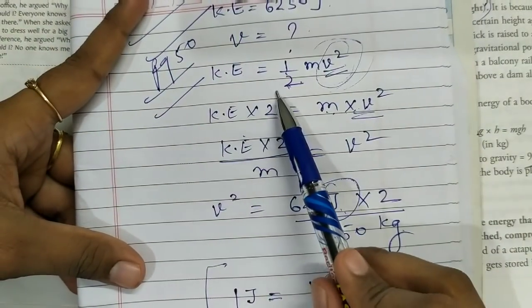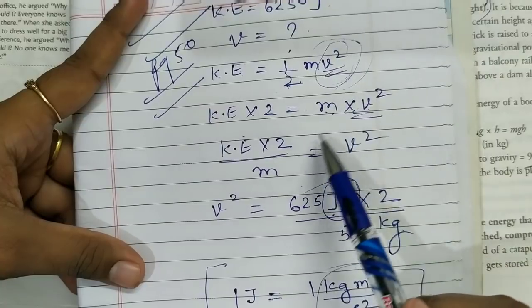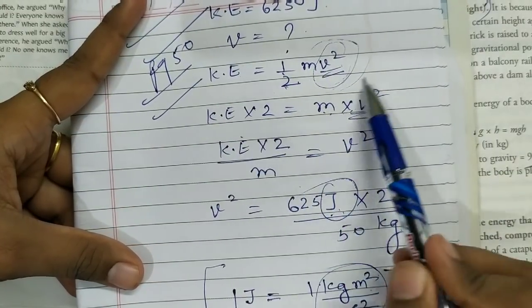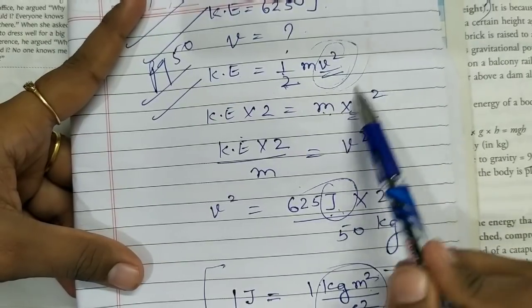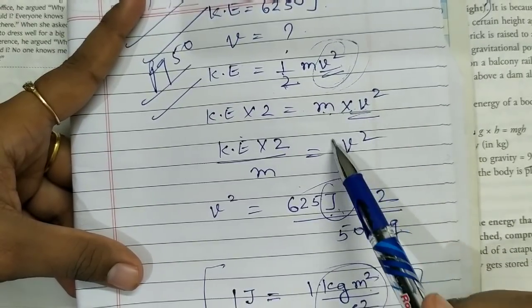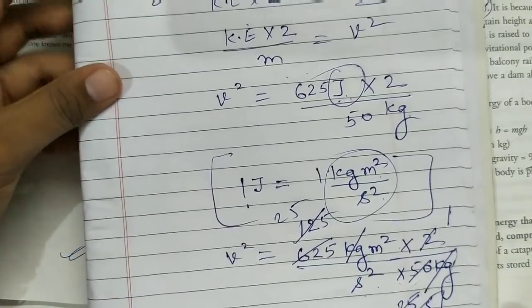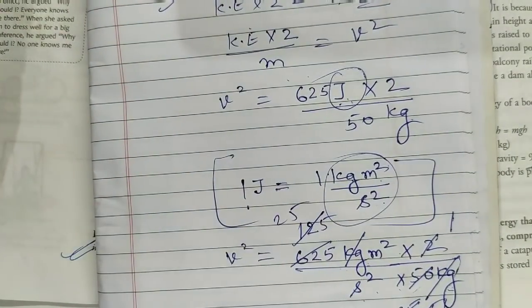Here the formula kinetic energy is equals to half mv square. So 2 was dividing here, on this side it gets multiplied, because we need to find v square, velocity. So we need to make velocity alone. m is multiplied here, so it is divide there. So I hope, children, it is clear to you. And this time I suppose it is very clear to you.